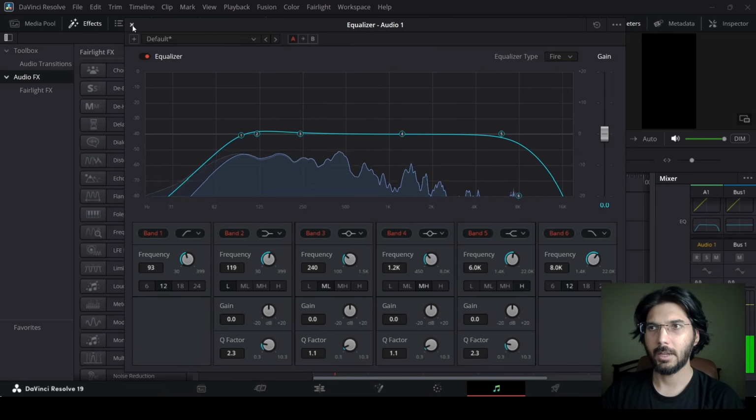And the reason for this is that we need to just cut the high and the low ends from the audio. That's it. Even if you don't add any other effect for the voiceover, this is it. This is all that you can start with, especially if it is an AI generated voiceover like I have over here. But of course, if there is a real voiceover, a real person talking, there's noise over here, so you